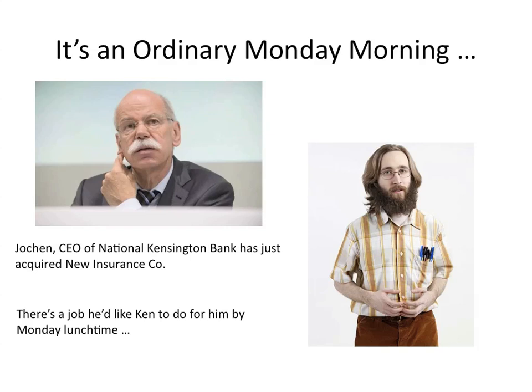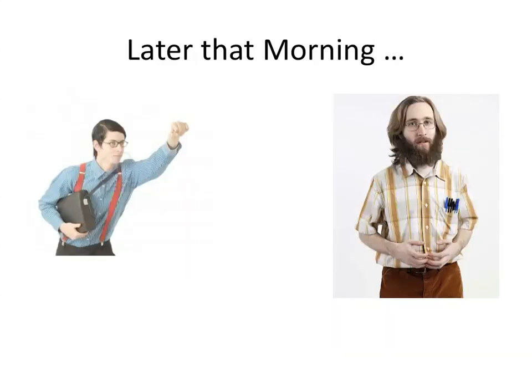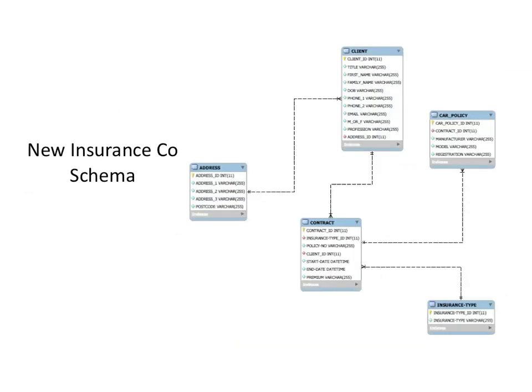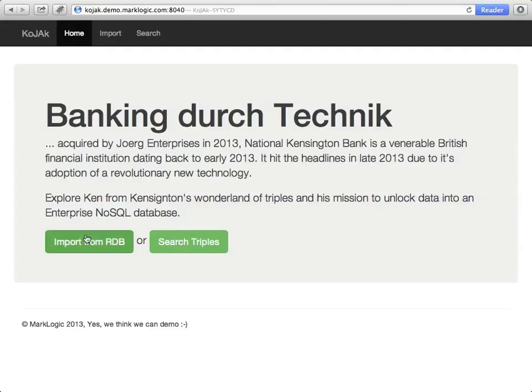Think, man, think. What if I ask Adam from the future? You mean the handsome devil who's just installed MarkLogic 7? That's exactly who I mean. So, Adam, I've got this terrible problem. CEO Jochen from the boardroom wants a list of all our joint customers so he can get rid of the unprofitable ones. So that's going to mean unifying heterogeneous schema from disparate data sources. Here's the two schema. They're nothing alike. How am I going to get this done? I'm going to be fired by lunchtime. Well, it's a good job you came to me, Ken. It just so happens I've been importing claims documents from the new insurance company. I've also set up connections to those two databases you were talking about. Let's see what we can do.